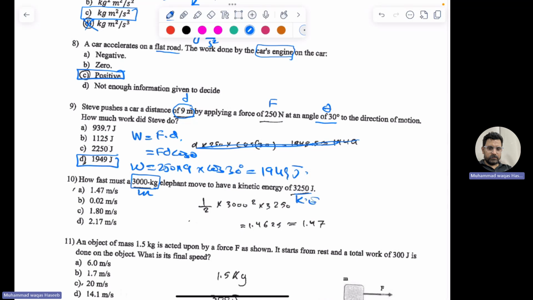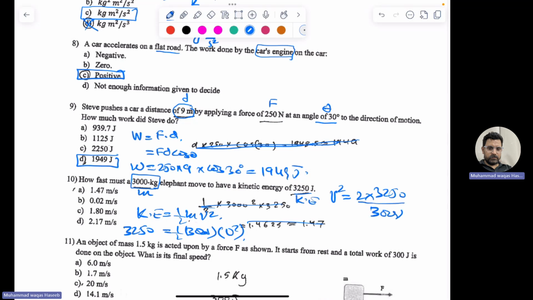Next is, how fast must a 3000 kilogram object, this is the mass, move to have a kinetic energy, this is your kinetic energy. Kinetic energy is defined by 1 half mv squared. The energy is given, which is 3250. 1 half m is 3000, and you need to find v. So your v squared will be 2 times 3250 over 3000, and then at the end you will take a square root, and the answer is 1.47